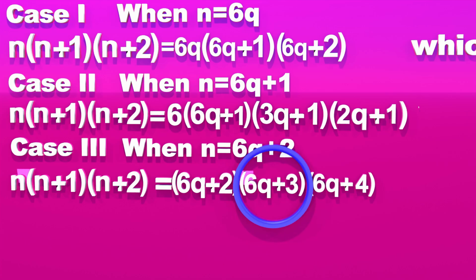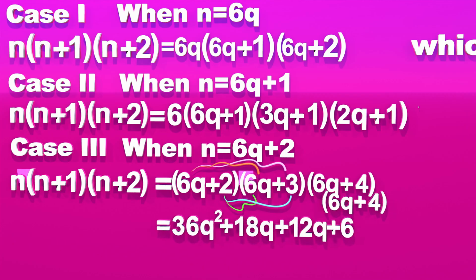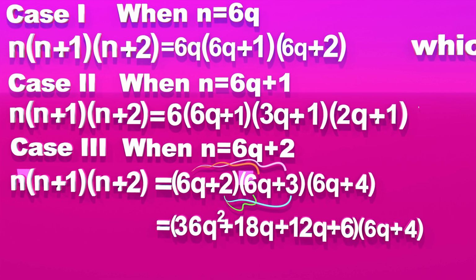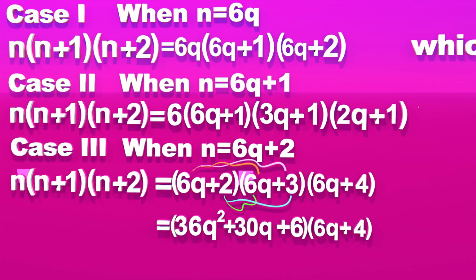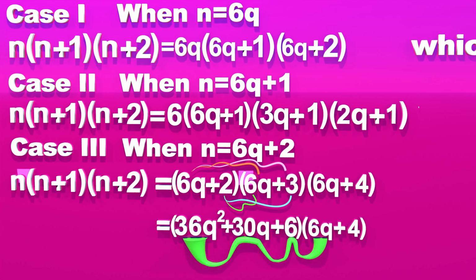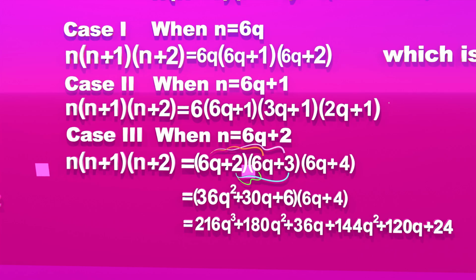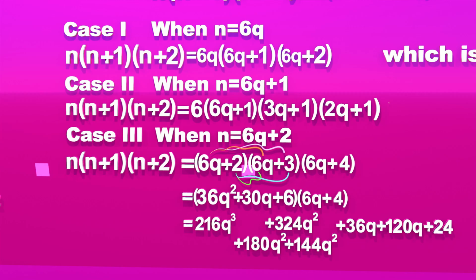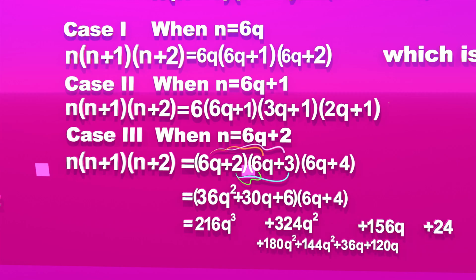By this number 6q, we will multiply these two numbers, and again by 2 we will multiply these two numbers, and then we will get these numbers. 6q plus 4 can be written without any change. As we put 6q plus 4 in the next equation, we will put this whole number in brackets, because all of these numbers are multiplied by 6q plus 4. 18q plus 12q is 30q, because the power of their variables is the same. Again we will multiply these three terms by 6q and 4 also, and hence we get these numbers. We can arrange the terms together which have the same variables. By adding these two terms, we get 324q, and these two terms are 156.